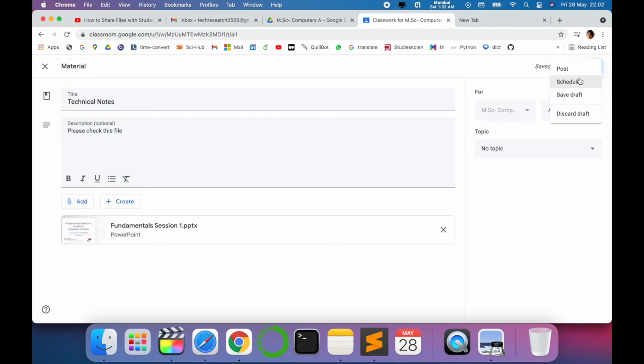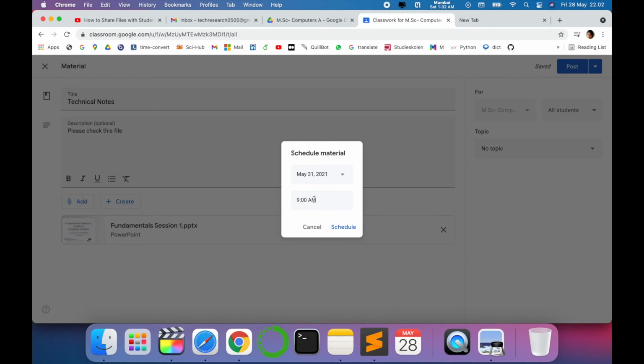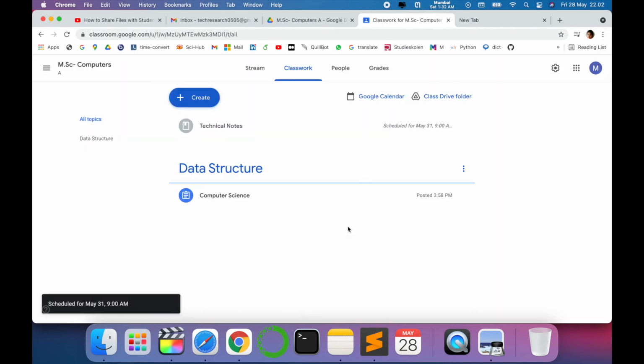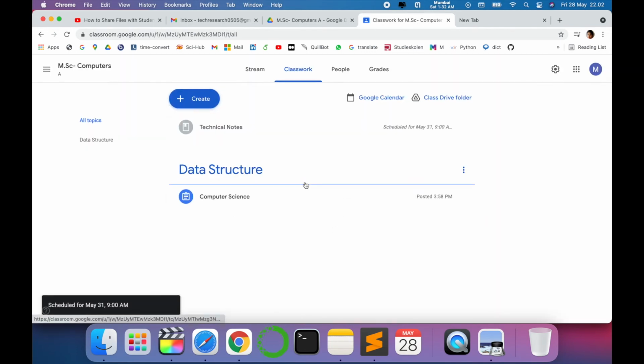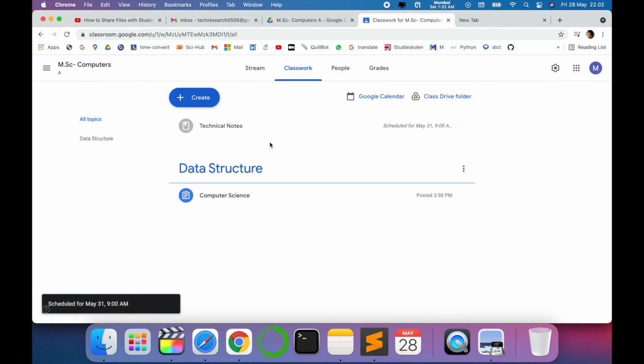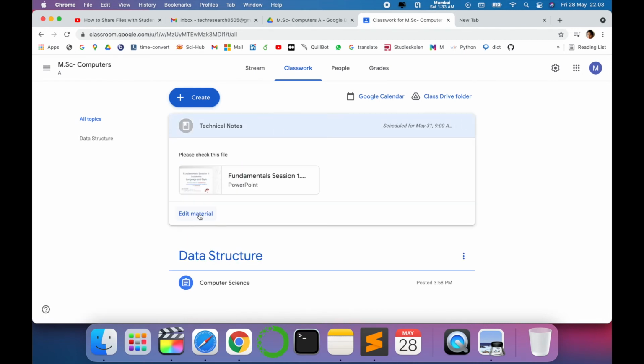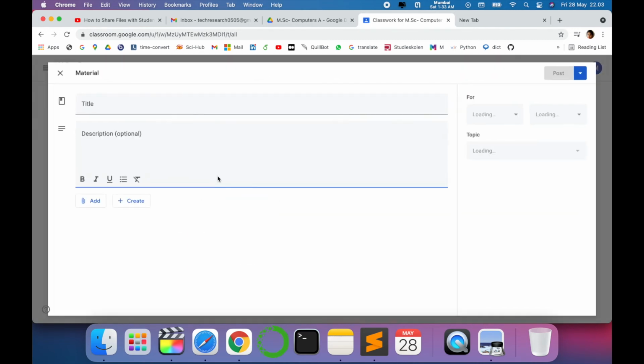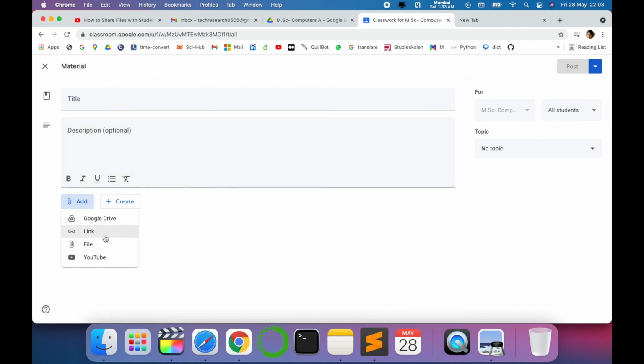Let's see Schedule, and I want to schedule this with the students at 9 a.m. tomorrow. So just say Schedule and your post will be scheduled. As you can see here, technical notes. You can also edit the material. In this way you can share the YouTube link or file or any particular link with the students using this